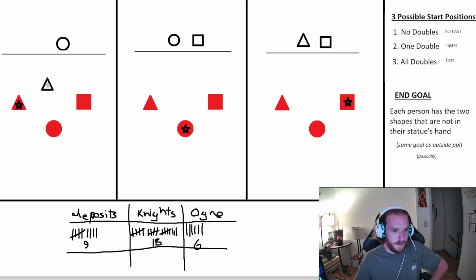So Triangle picks it up, says, okay, sounds good. Circle doesn't say anything because he's very quiet. He's very shy. Circle goes and receives his triangle from the triangle side. Beautiful. Now Square,